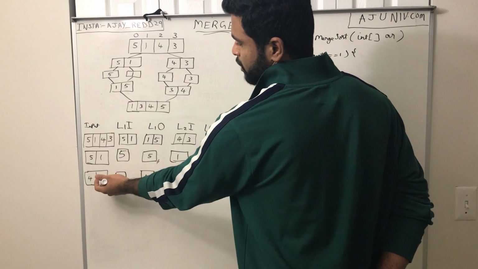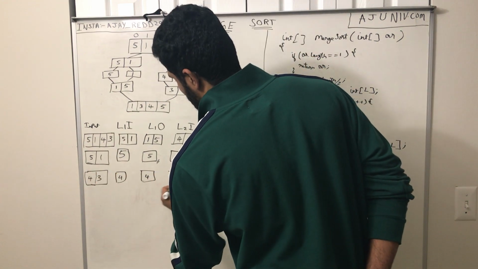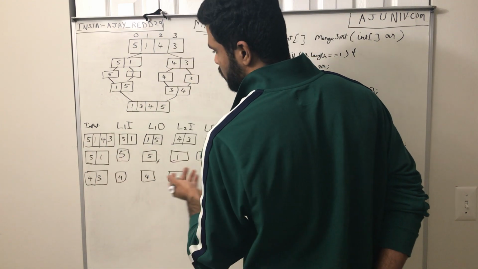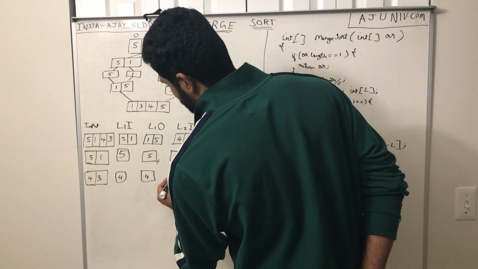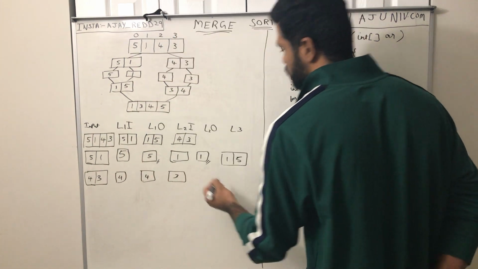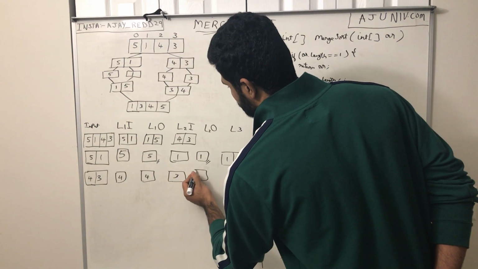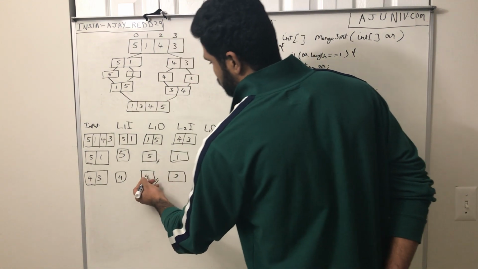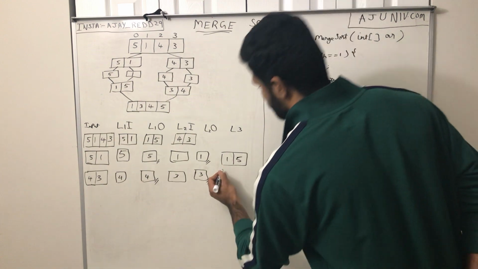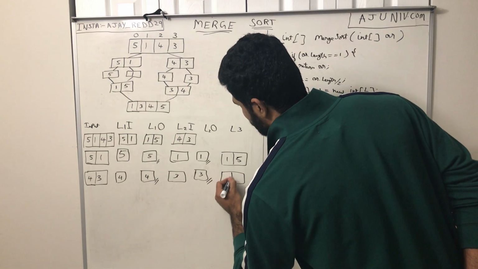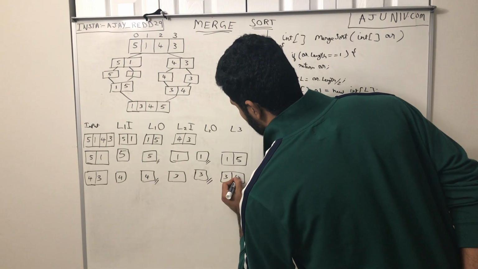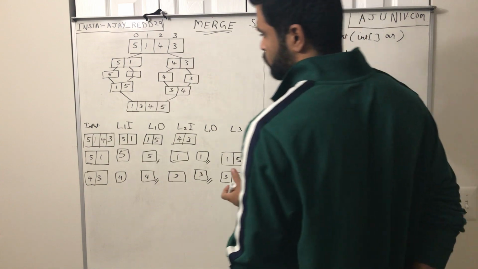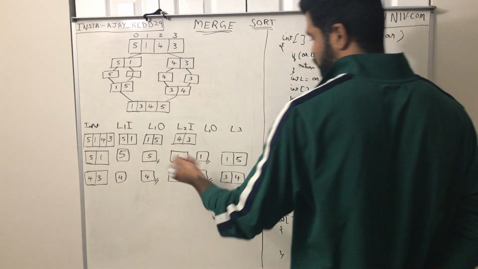And next, in line 2, I will be passing the array which has the element 3, and I will get the output as 3. And finally, I will merge this output and this output at line 3 so that I will get the output as 3 and 4 in the sorted order. So once I am done with line 2